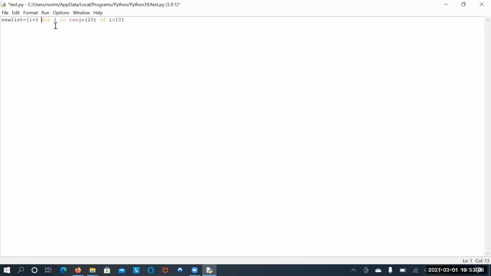So here, for each number in that range, if this condition is true, some elements get filtered. Yes or no? On those filtered elements, I have to apply this expression. Is it clear now, what is the purpose of this expression? Yes, ma'am. Okay. So that operation will be performed on those filtered elements. Now I am going to print my new list.